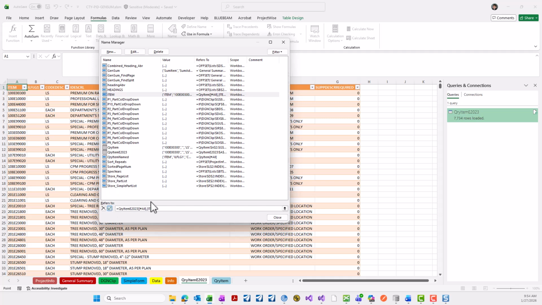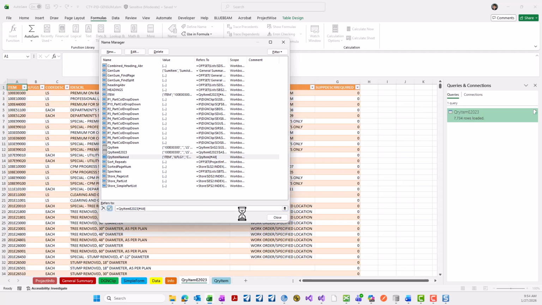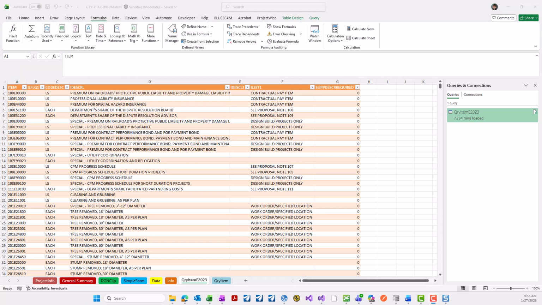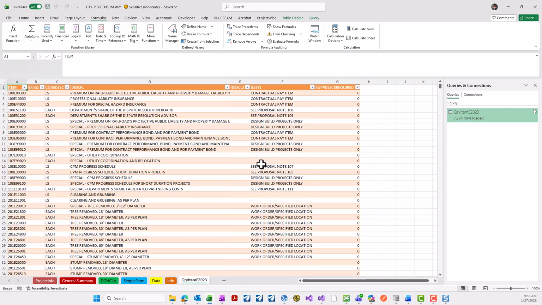We'll hit the checkbox. Then we'll do the same for query item named. Come here and we will add E2023. We'll hit the checkbox. Okay, so now we updated those. We'll close that. The next step is we want to delete this old query item. So we're going to delete that, and we'll say delete. Now that that's deleted, we need to update this data connection and all the names to that query item name,